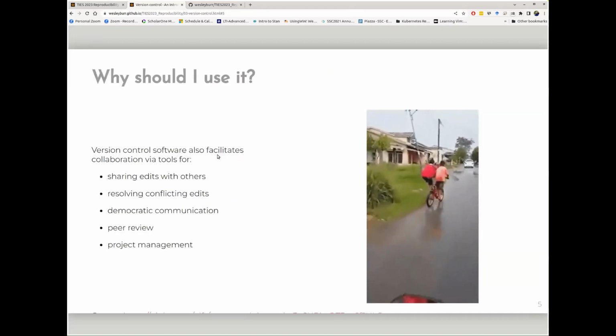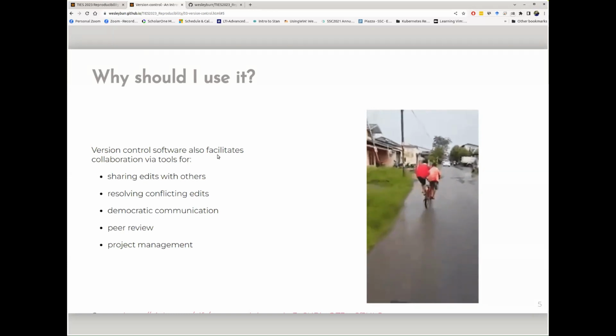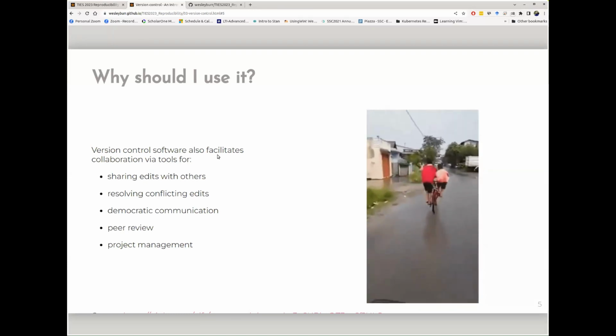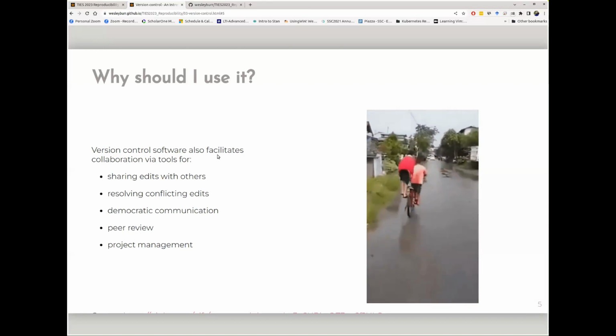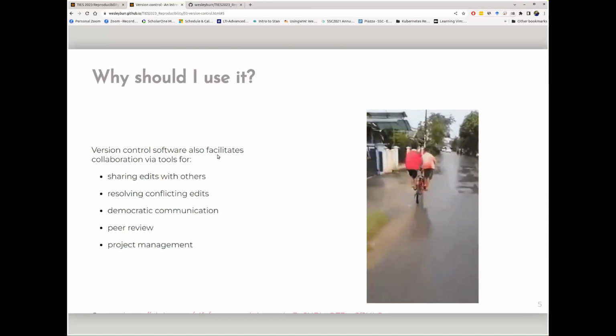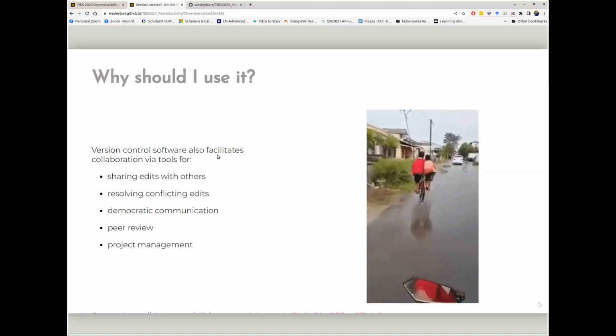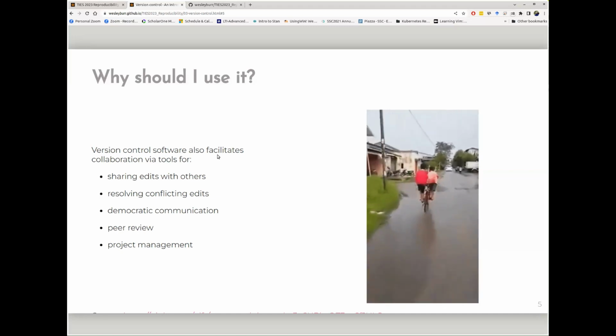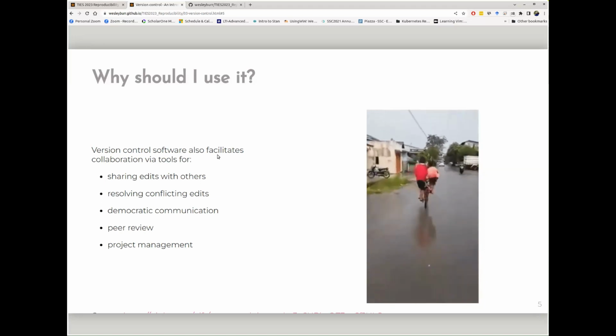So why should you use it? Well, it also facilitates collaboration. It allows you to share your edits with other people. It allows you to resolve conflicting edits. It allows for democratic communication and peer review. It allows for project management. It's generally a very useful thing because it opens the door to things that are good.